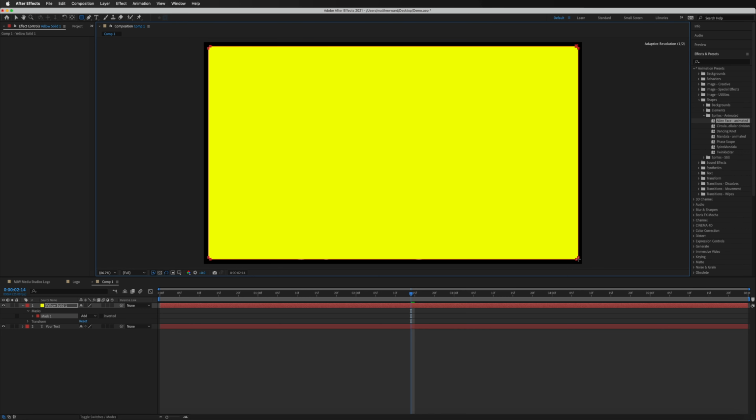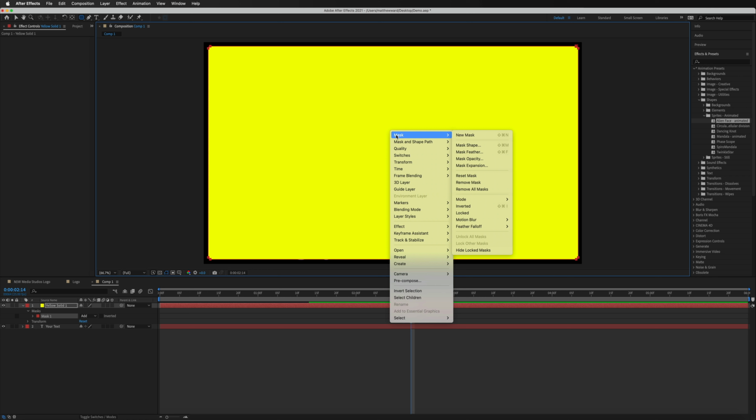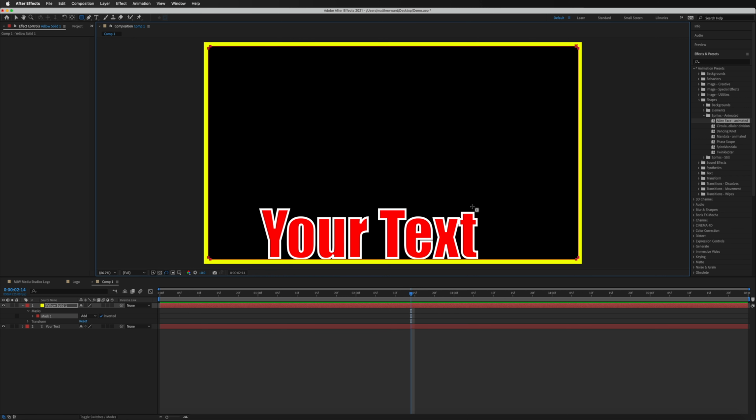And at the moment, what this has done is it's filled the inside of the mask, which isn't what we wanted. What we actually want to do is have this black border that we now have around the outside of the shape to be yellow, and for this yellow shape to be invisible on the inside. So what we need to do is just invert this, and we'll do that by right clicking on our mouse, go down to mask and go down to where it says inverted. Then once you select this option, it's now going to flip the mask around on the outside of the shape rather than the inside, just like that. So now we can see we've created ourselves a border.